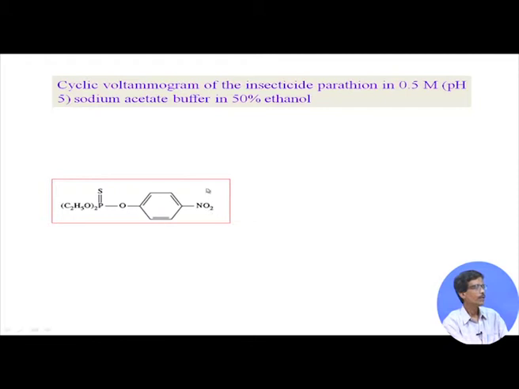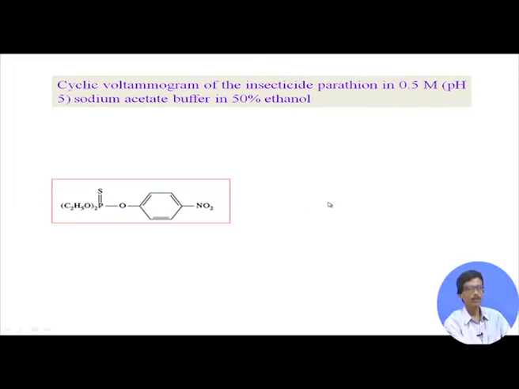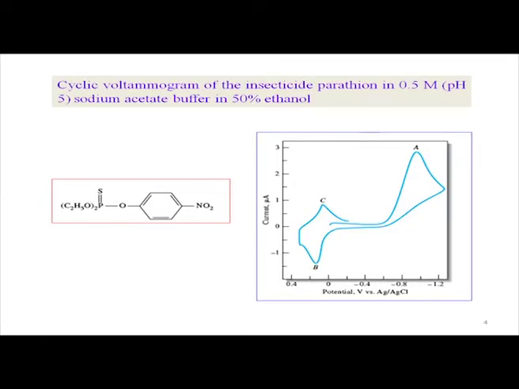So if you have the substituted nitro group on this, then which part basically, if we consider this is the A part, this is the B part, and this is the C part. So we have an organic molecule in hand having A, B, C, 3 parts together, and we want to see the electron transfer reaction in terms of cyclic voltammetry of this molecule, and want to see whether part A is electroactive, or part B is electroactive, or part C. So this is the typical response.